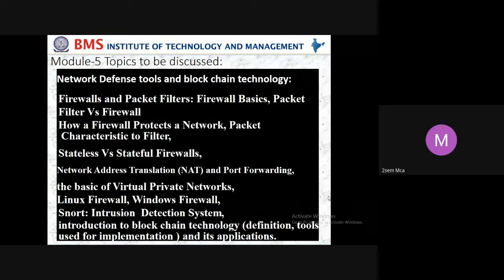Network defense tools and blockchain technology, firewalls and packet filters, firewall basics, packet filter versus firewall. The next subtopics: how a firewall protects a network, packet characteristics to filter, stateless versus stateful firewalls, network address translation and port forwarding, the basics of virtual private networks, and some operating system firewalls like Linux, Windows, OS X,